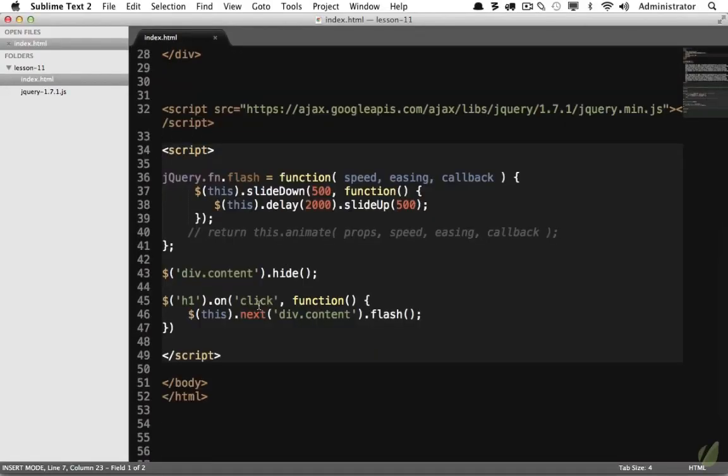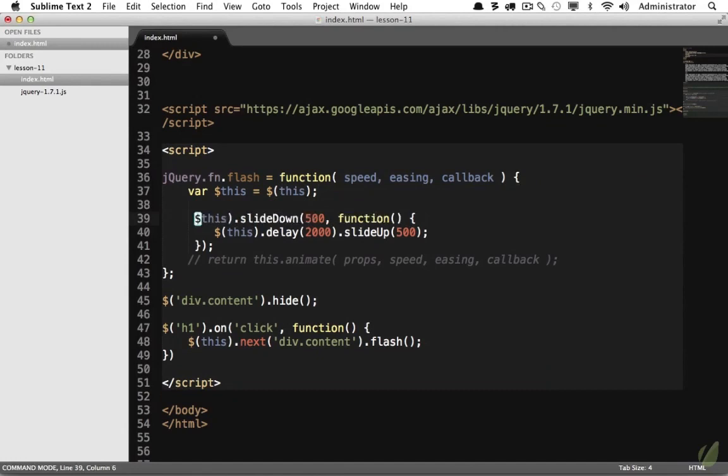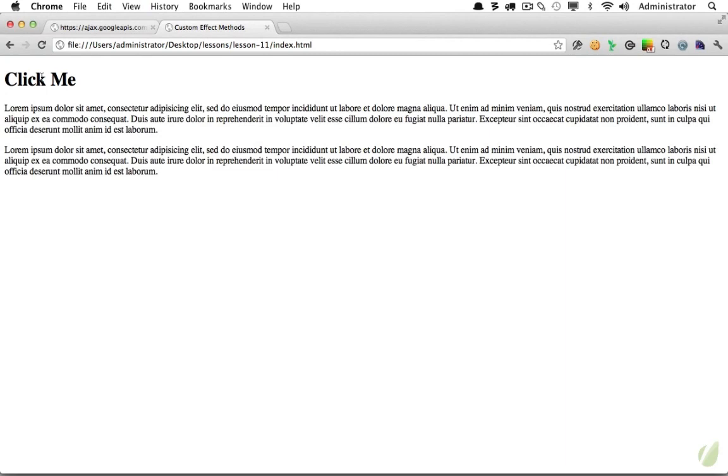So the final step is to clean things up a touch. In this case, because this is referring to the same thing, we can cache that. Var that equals this. And then once again, we get rid of those parentheses, like so. Let's make sure it's working. Click it, it slides down,